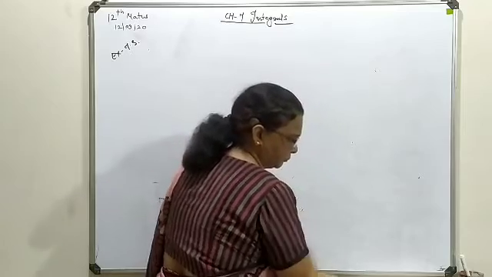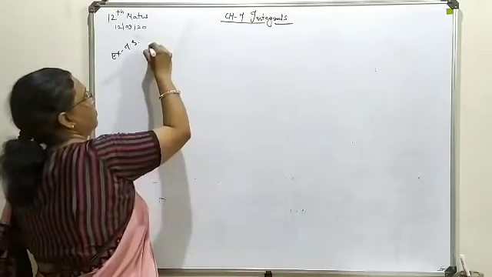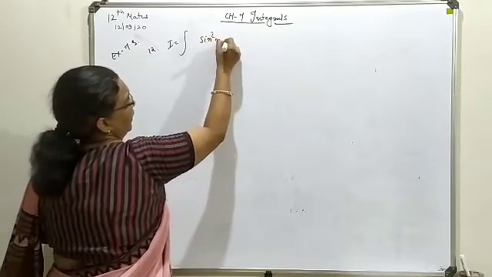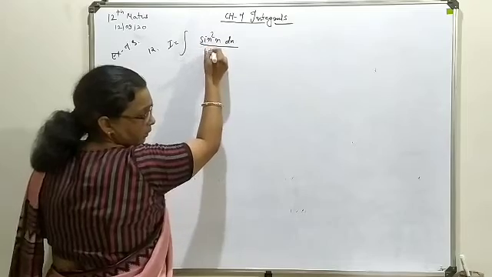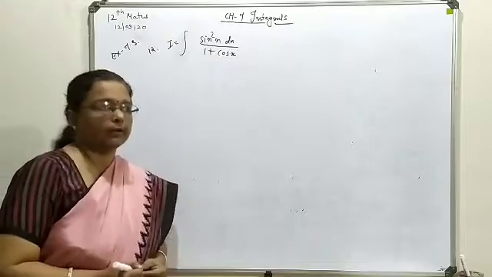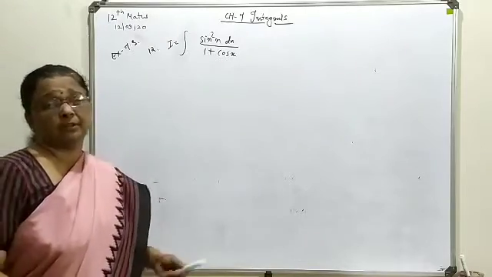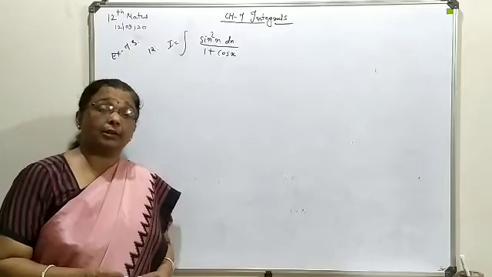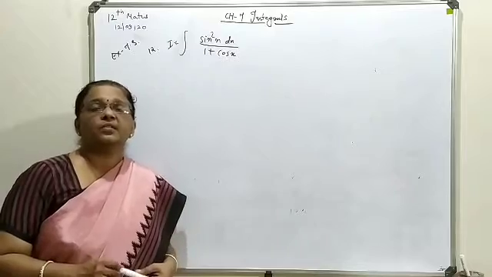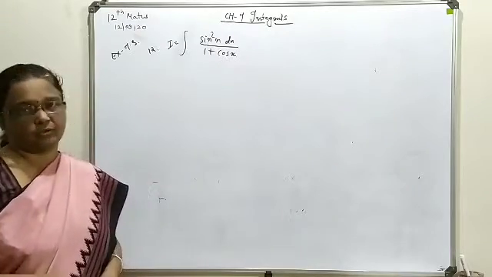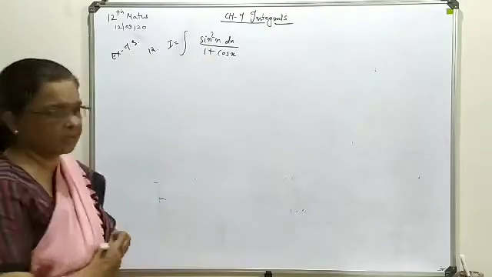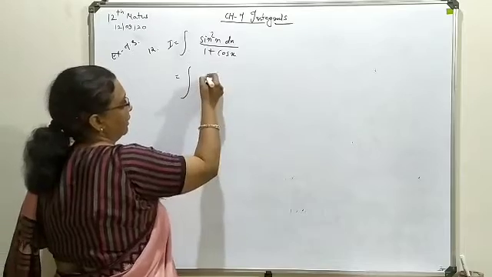In 12th one, your combination is available as sin square x dx over 1 plus cos of x. Now here you can see 1 plus cos x can't be combined with a formula with a single angle. These two terms can be combined only when both are carrying the same angle form, means both are carrying x only. So in order to do that, this sin square we can write as 1 minus cos square form, so that we write using the identity.